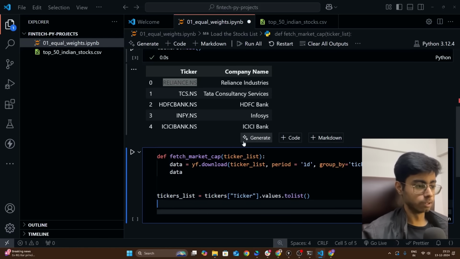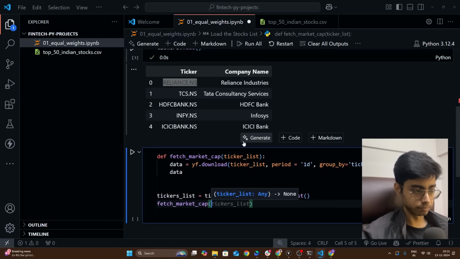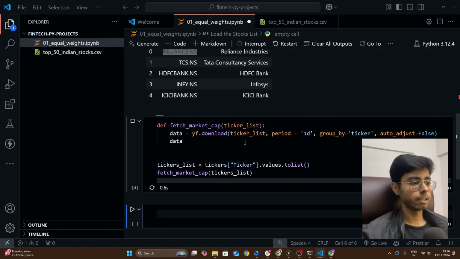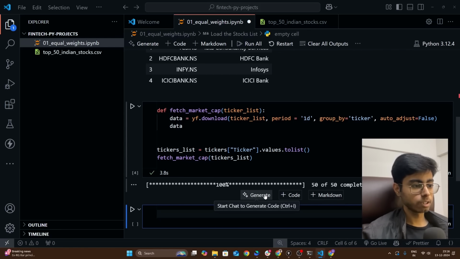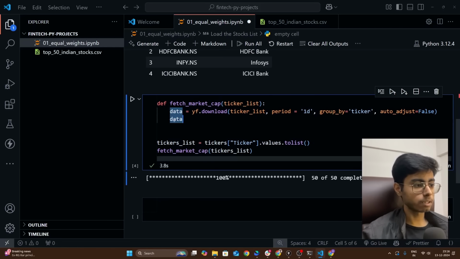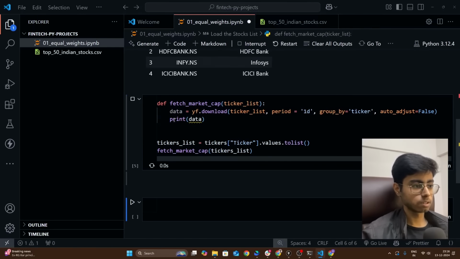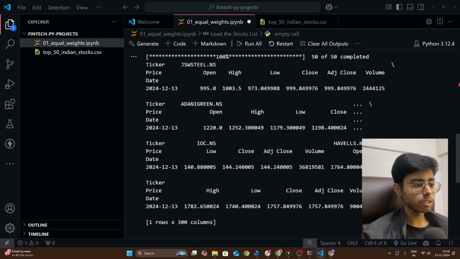Okay, and fetch market cap tickers list. Hit enter. Let's see what we get. We should get... let me print this. Let's see what we get. Yeah, so you can see you are getting all the data, and definitely it is not